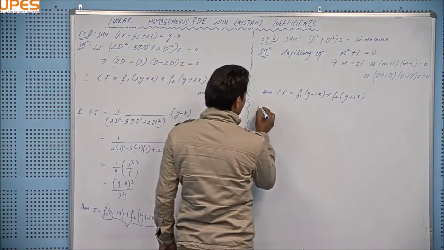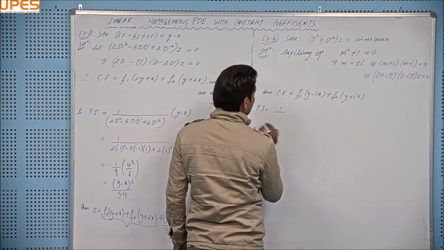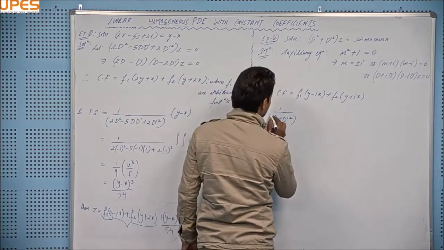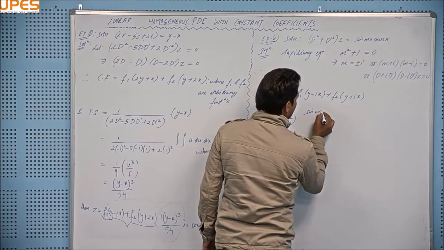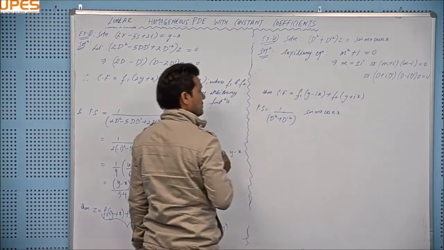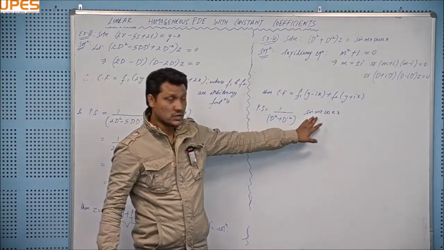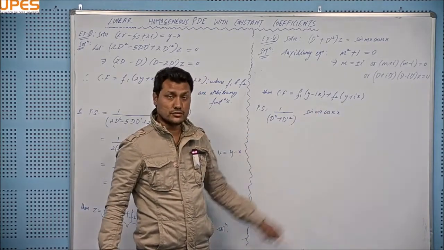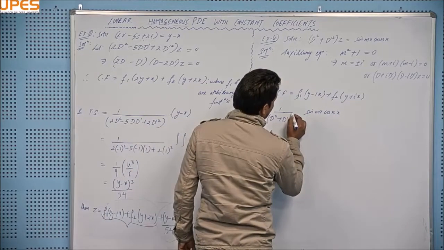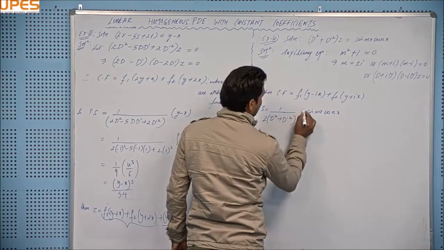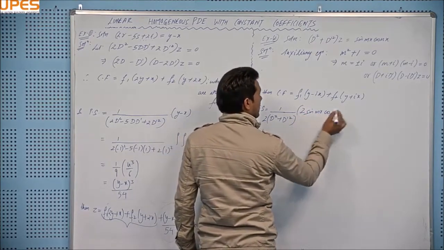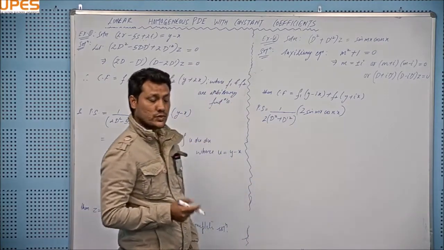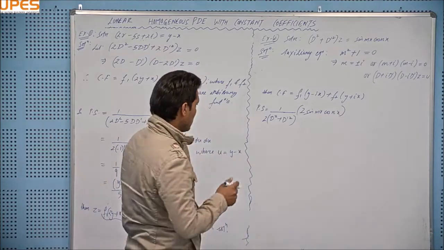Now finding the particular solution, equal to 1 over D square plus D dash square, and here I have sin mx cos nx, but this is not in the form that I require here. Should I multiply this function by 2 and divide by 2, then it will become like this, 1 by 2, let me put that 2 here, 1 by 2, and this multiplied by 2, okay? Then this will give 2 sin mx cos nx, 2 sin a cos b, and you have to use that formula, 2 sin a cos b is equal to sin(a plus b) plus sin(a minus b). Then it will become 1 by 2